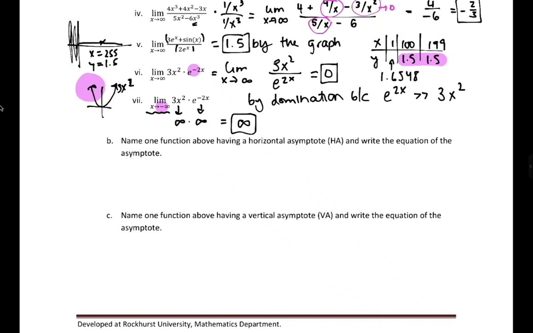So this limit is just equal to infinity. Sometimes you can check and see what happens when you plug it in, and it's not really an indeterminate form like infinity over infinity where you have to rewrite it. It's one where we directly know what's happening. Okay, and then the last